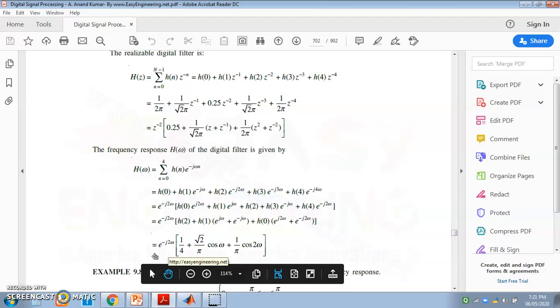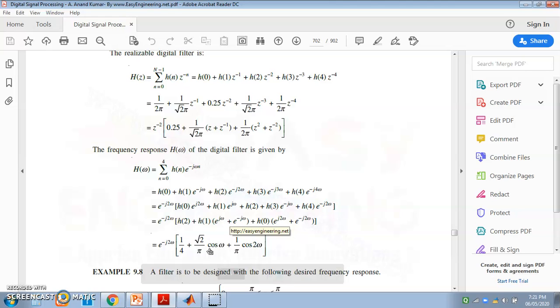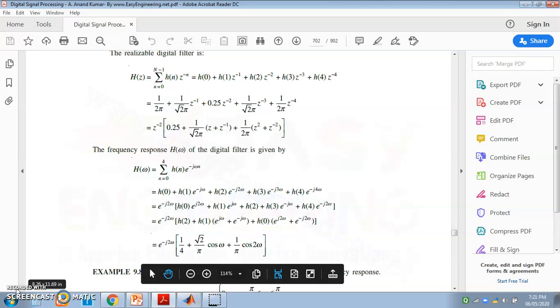So this impulse response in terms of frequency domain is just addition of different sinusoids like cos of omega, cos of 2 omega. So this is about the mathematical solution of the low pass filter in finite impulse response case. So we can simulate this in MATLAB. By solving this H of omega in terms of magnitude and phase, and by plotting it with respect to omega, one can have the magnitude response and phase response, which can be simulated in MATLAB.